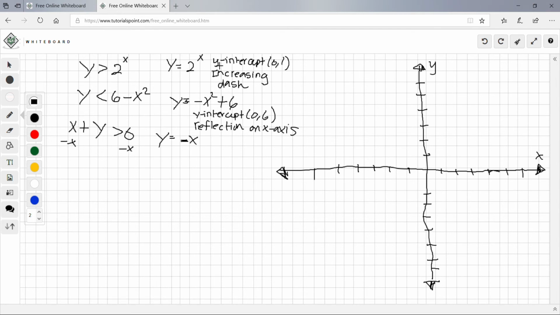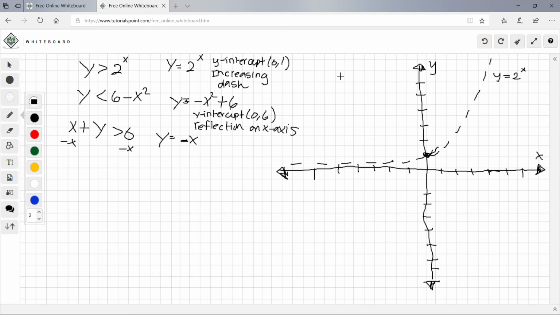So let's graph the first part. So we know the y-intercept is 0, 1, and it's increasing, so it's going to look something like this, and it's going to be dashed. We call this y equals 2 to the x, and then we got to figure out which region we should shade,